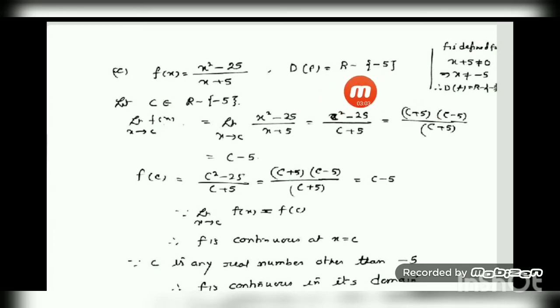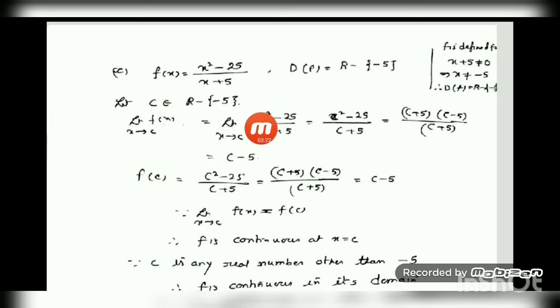So now, as earlier, you have to take a point C within this interval. C belongs to the domain, be any arbitrary point. Here also, I hope you understand, there is no need to separately do the left hand and the right hand limit. Directly we can do limit x tends to C.